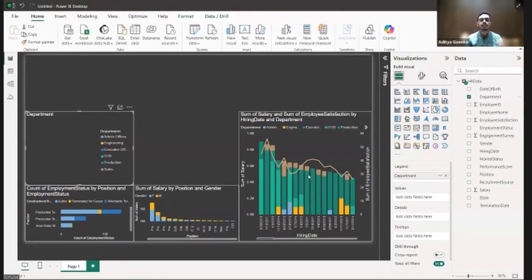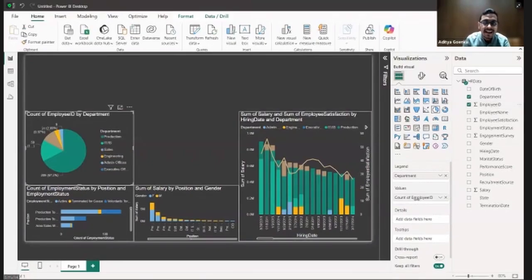Okay? Understood? So for every such department, now we have to figure out the count of people. Guys, any idea how we can figure out the count of people in such department? Any idea? Using the value stuff. Correct. Using the value stuff. But what should I input over here so that I can get the count of employees in every such department? Employment status, employee ID. Okay, I see a lot of answers, and a lot of it is correct. Okay, I can use employee ID, and count of employee ID will tell me.